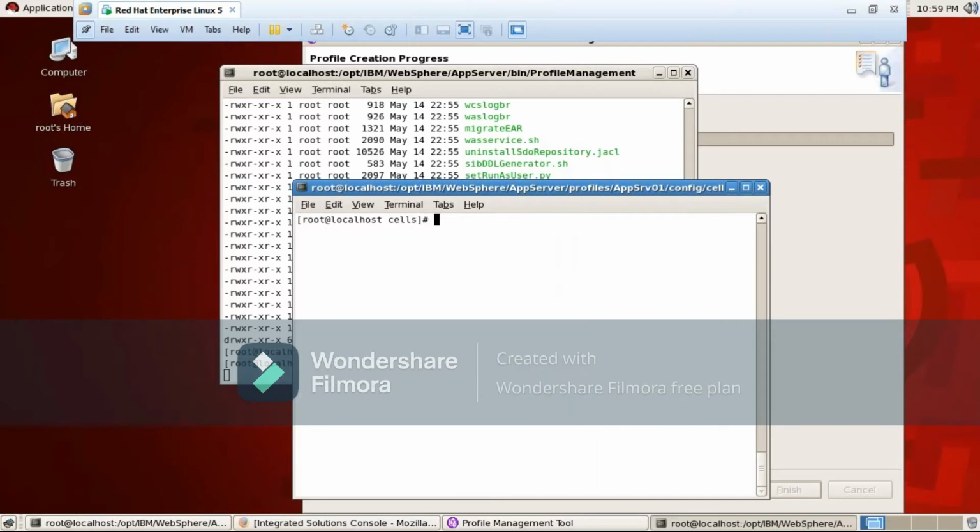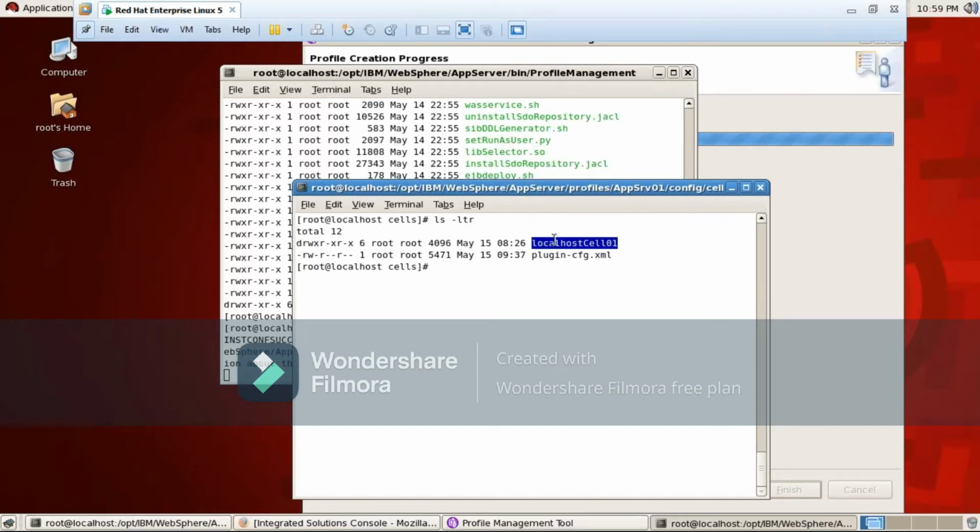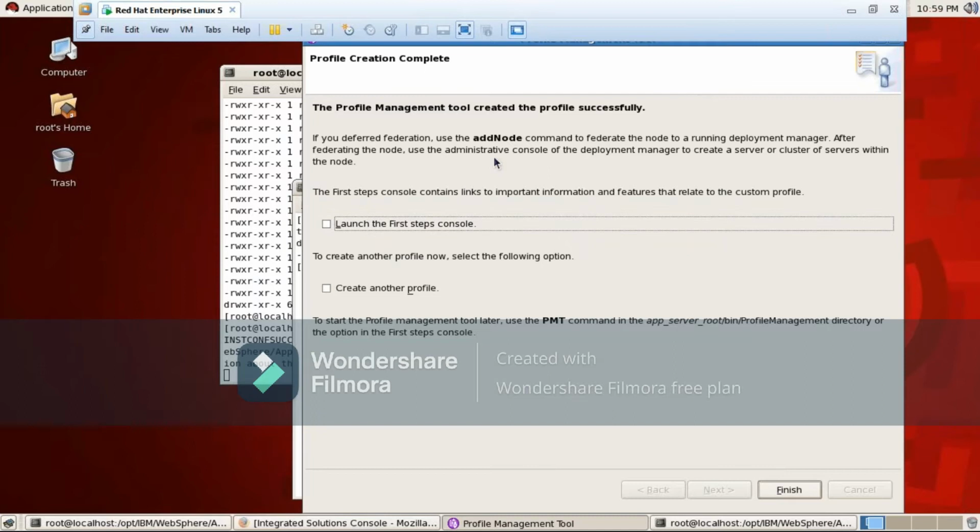If you see here, what you will see is the cell of the deployment manager. No more of its own cell once this AS node is federated with the deployment manager. It's going to get the deployment manager cell and as well as plugin. I think this one is done. Yeah, so that federation is done.